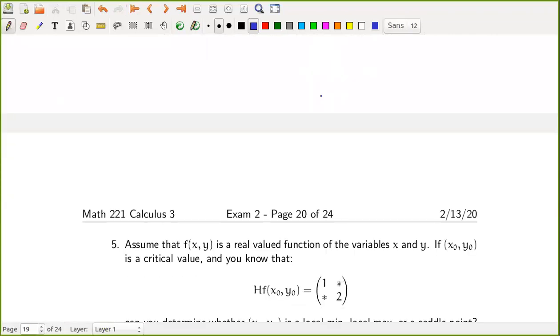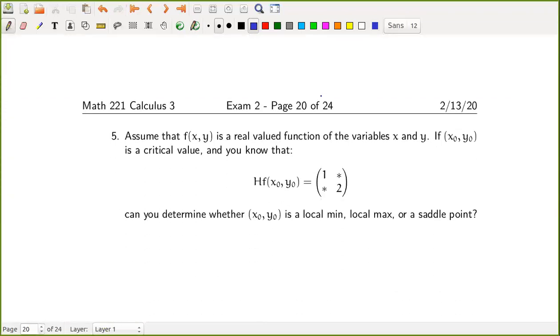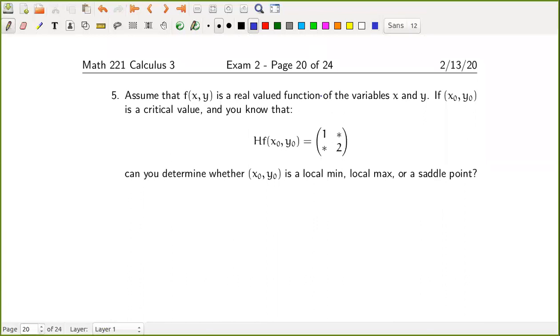Now, this is a similar problem. Assume that f(x,y) is a real valued function of the variables x and y. If you have a critical point, and this is the Hessian of f, can you determine whether or not (x0, y0) is a local min, local max, or saddle point? Now, in general, the answer here should be no, because we need to really have more information about the stars. But if